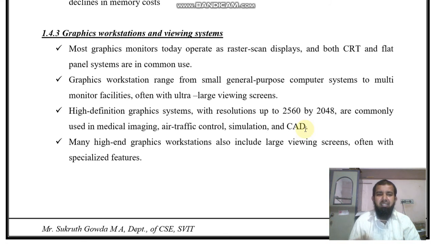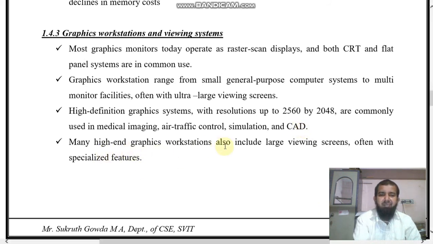They are commonly used in medicine for scanning a patient's body, such as the heart or kidney, which you can see on the computer. Even in air traffic control, you can see where a flight is moving and find its location, and also in simulation and CAD.